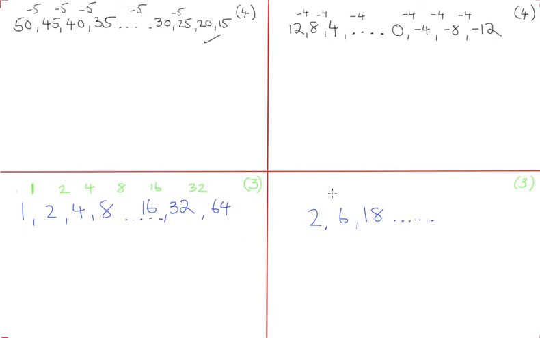Okay, so let's see. What's the difference between 2 and 6? It's 4, isn't it? And what's the difference between 6 and 18? Between 6 and 18, that's 12, isn't it? So the difference here is 4, and then the difference here is 12. We could also look at it that, and I'll change the color for this, 2 becoming 6 is the same as